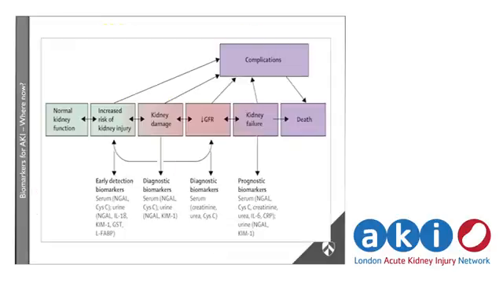And the aim for biomarkers, as I've said, is to try and take patients early on, identify them at risk, and see if you can accurately reflect the patients who've had a significant decrease in GFR, identify the groups who just need supportive care, but also perhaps be able to prognosticate in these patients about things like renal recovery or detection of secondary renal injury. There are a number of different biomarkers that have been studied, and some of them are touted to be better at different stages.